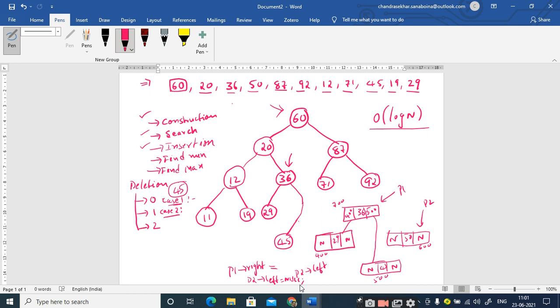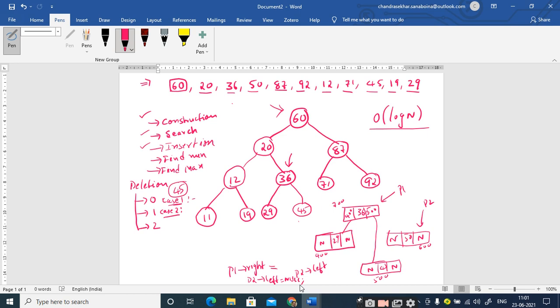If I redraw this diagram, this is how the node is linked. The node 45 is linked to 36. Is it clear? Yes, sir. Don't bother about whether you are going to link the left child or right child.